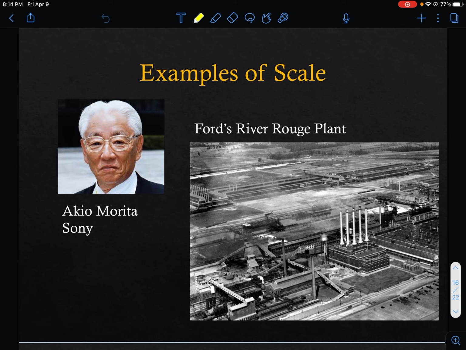So he was offering to sell the department store chain 5,000 radios at a price of $29.95. If the chain wanted more than 5,000 radios, the price would change. As Morita described it years later, "I sat down and drew a curve that looked something like a lopsided letter U. The price for 5,000 would be our regular price. That would be the beginning of the curve.